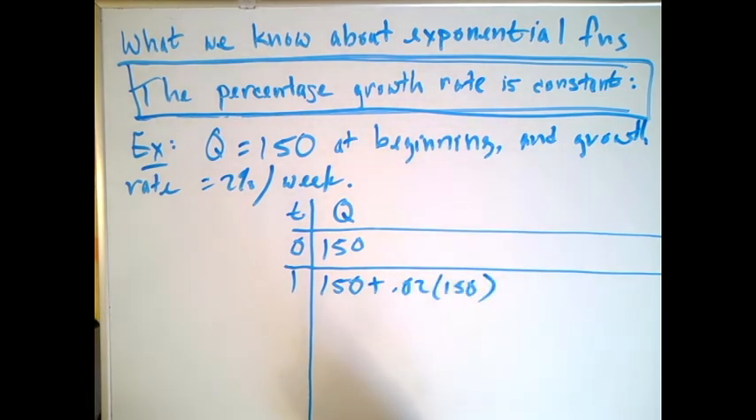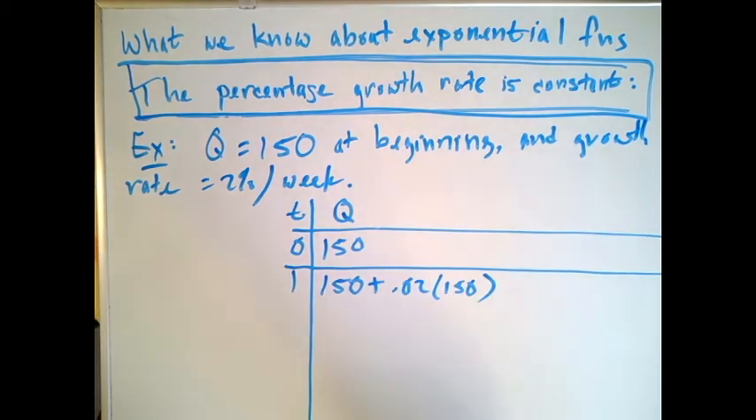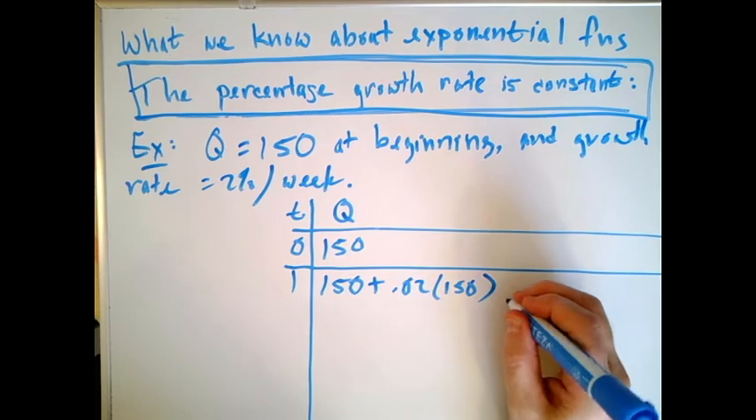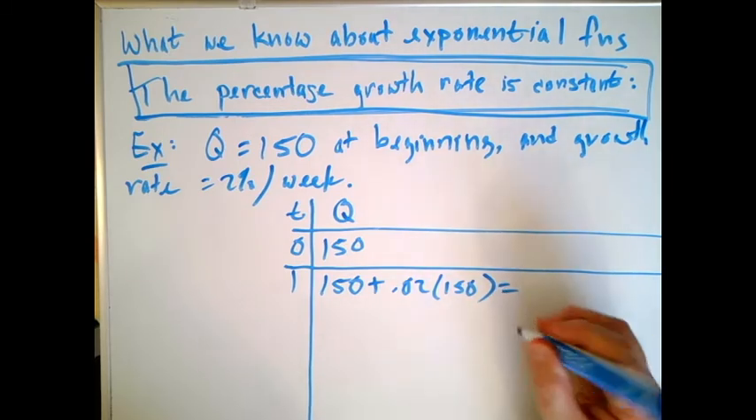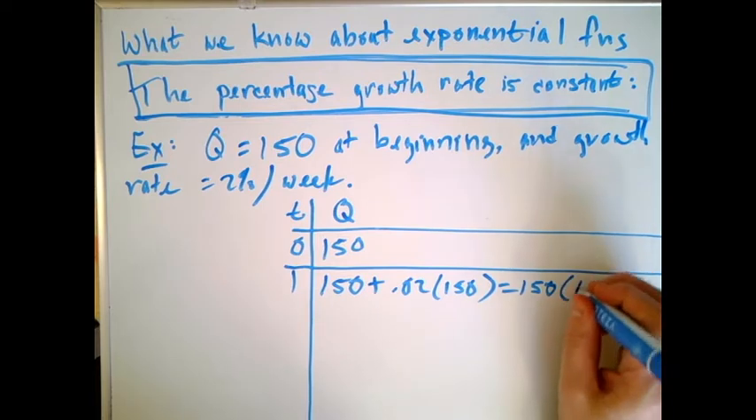Now, generally in algebra or arithmetic, we can simplify two ways. We can either multiply everything out, or we can factor stuff out. It turns out with exponential functions, if you factor stuff out, you'll see a pattern really, really quickly. And actually, it starts real quick. So I can take out a 150 here. So taking out a 150, what's left is